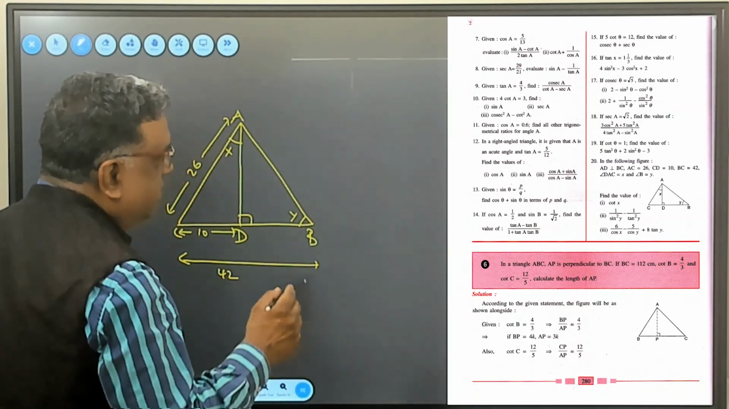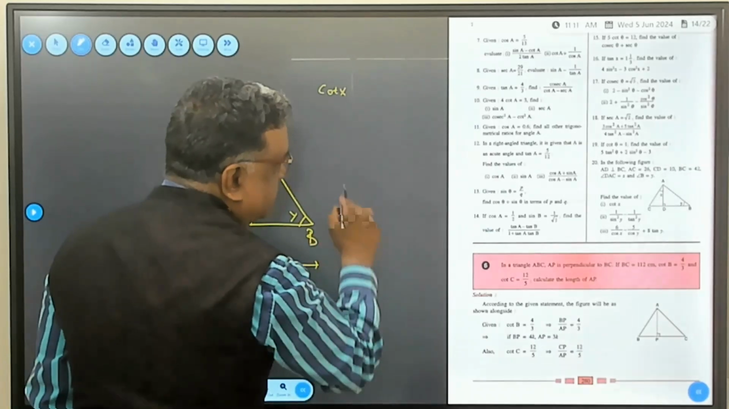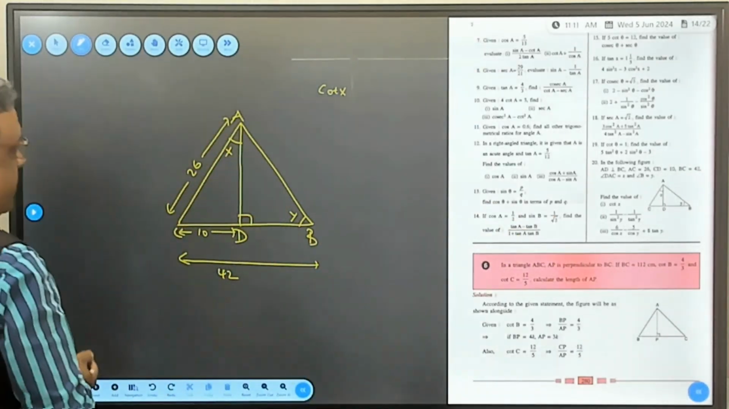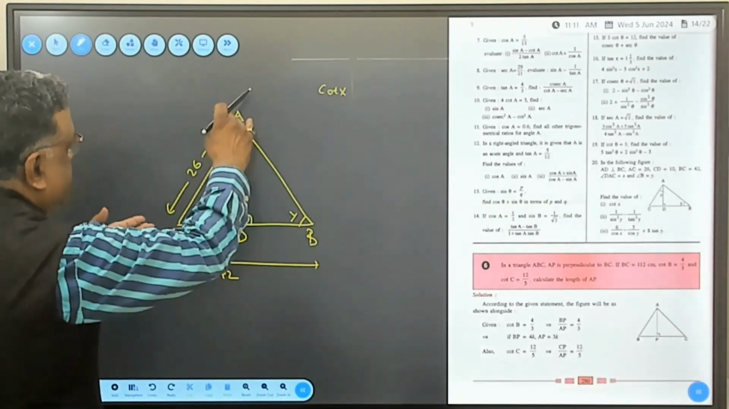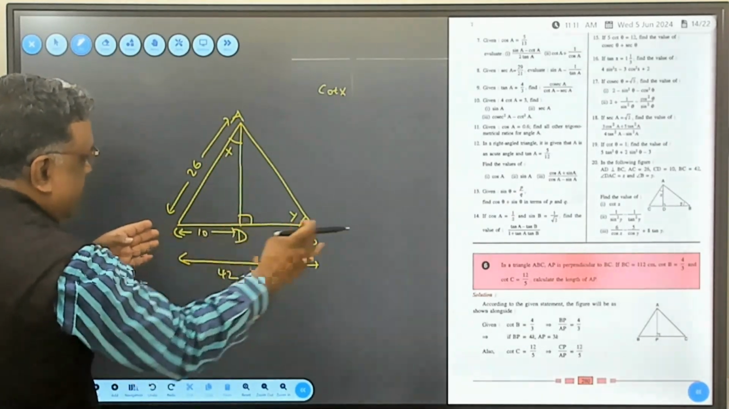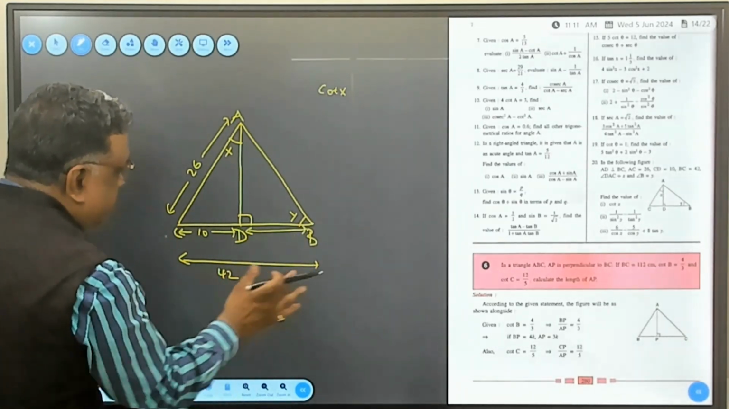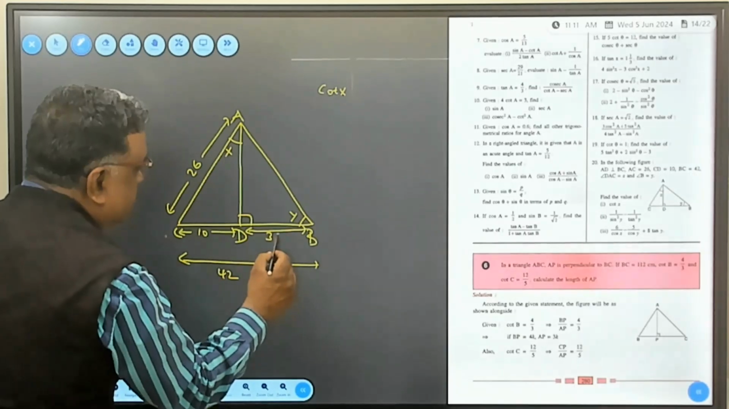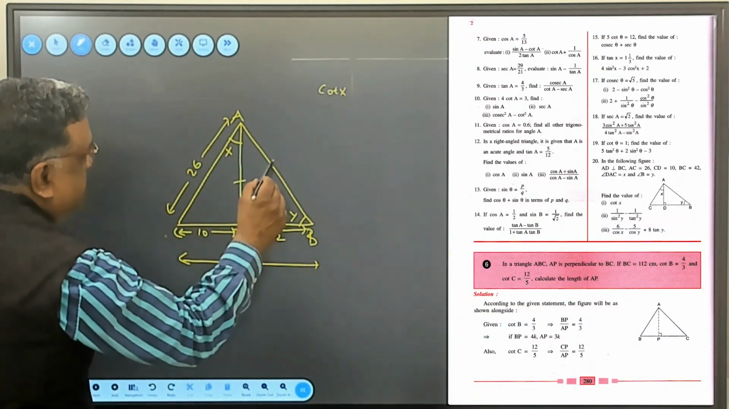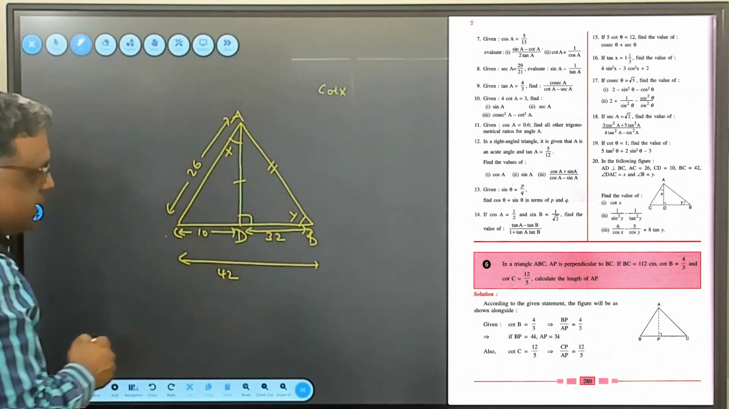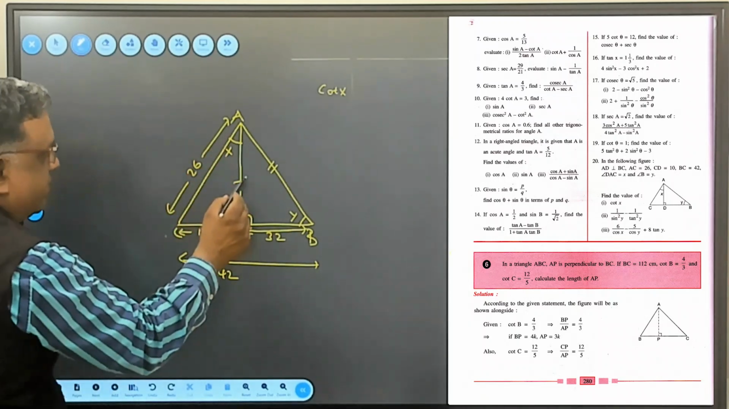Find the value of cot X first. So let us first try to find cot X and then we'll find the remaining ones also. Okay, so what do they say? This is 26, this is 10, and this entire length is 42, which means this BD will be 42 minus 10, which is 32. So there we got it. Now we don't know these two sides, so I will try to find them. I will apply Pythagoras theorem in this triangle ADC,